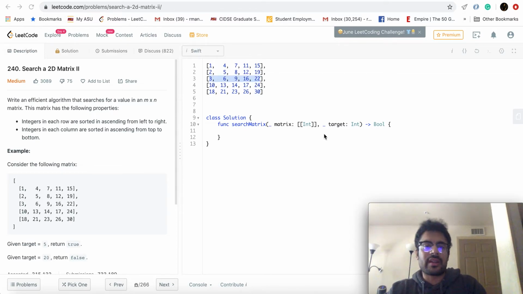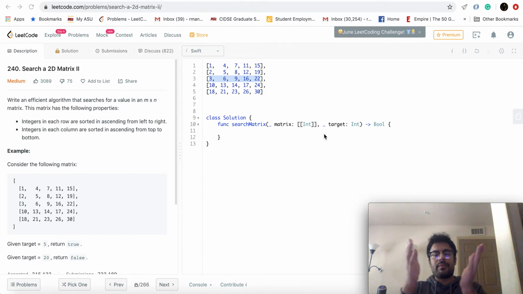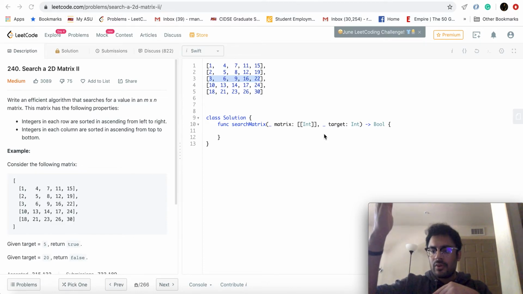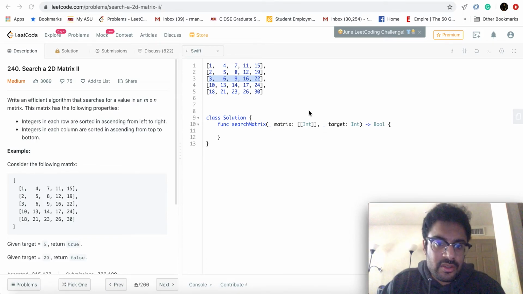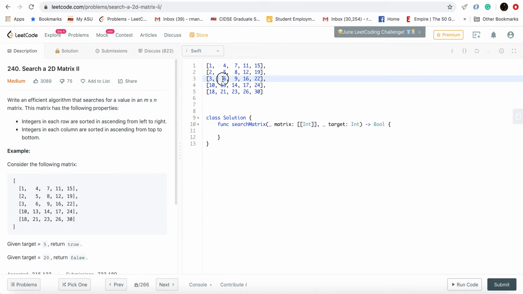Now we see that 3 is less than the target. So this row could contain 5 because all values that follow this 3 will be greater than 3, and 5 is greater than 3. So what we do now is we don't climb a row, we actually progress a column. We progress a column, meaning we start searching in that row, which basically means that we are traversing through columns. We will now start looking on the right side of 3. So now we move to 6.